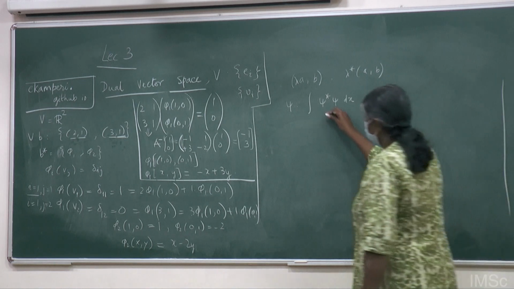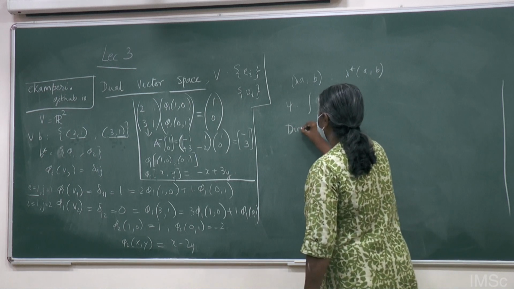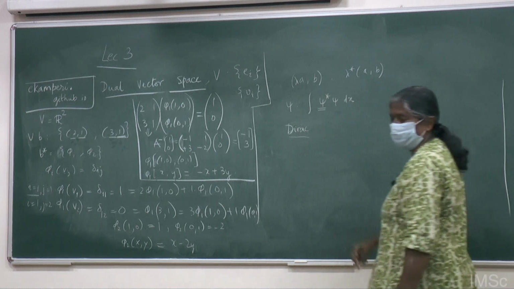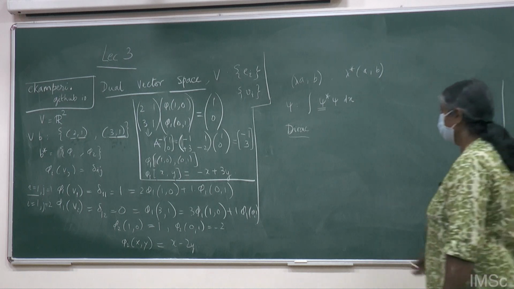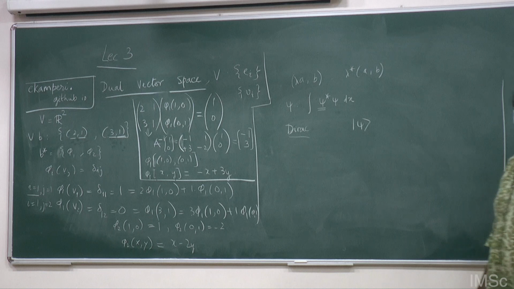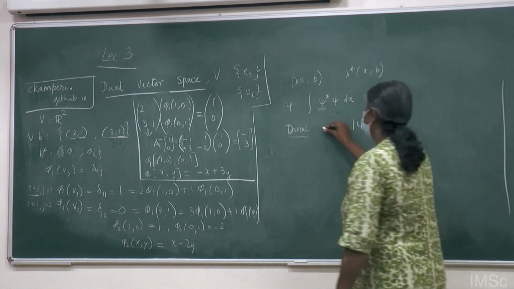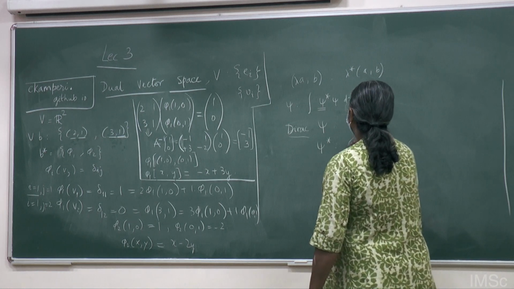Now, this thing has a notation given by Dirac. It's not only limited to relativistic physics, but you will usually come across it when you solve the Dirac equation, which will come in relativistic quantum mechanics. You can write this wave function in this way. So this is actually psi, and you can write psi star as this.